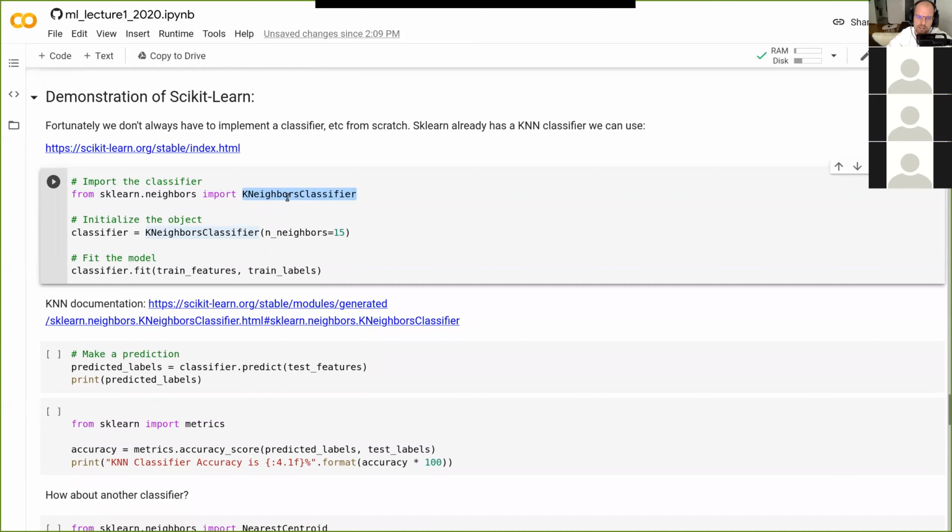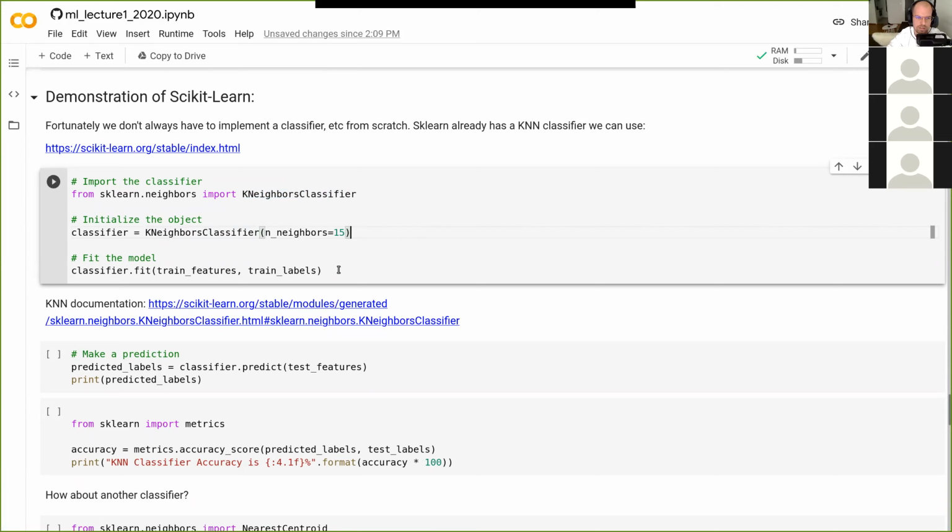The one we were interested in, I looked this up beforehand, is called KNeighborsClassifier. After you import it, you can initialize an object, and it has a hyperparameter called n_neighbors. For instance, if we want the nearest 5 neighbors, we write 5, or the nearest 3 neighbors. For this demonstration, I'm using 15 for no particular reason, really.